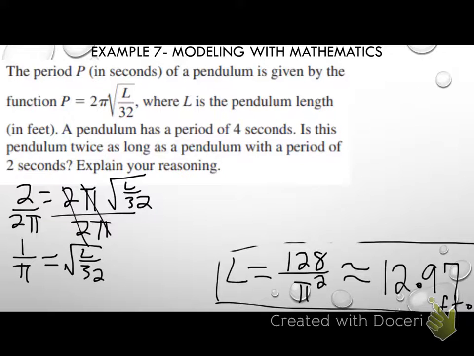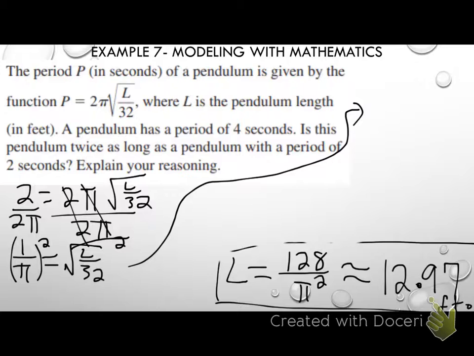How do I get rid of the square root? Square both sides. Let's go up here and give ourselves a little more room. So what would 1's exponent be inside the parentheses? 1 to the first power, right? So what's 2 times 1? 2. What's 1 squared? 1. Very good. What's pi's exponent in the parentheses? 1. What's 2 times 1? 2. So I get 1 over pi squared